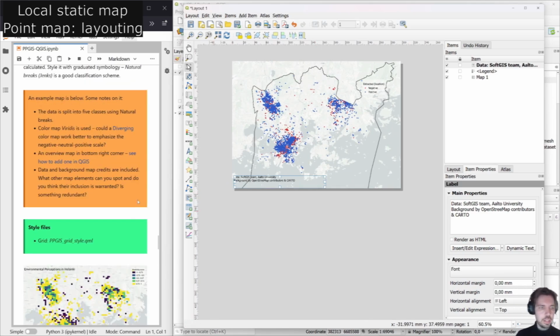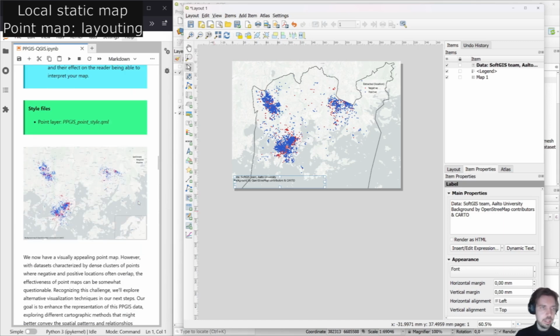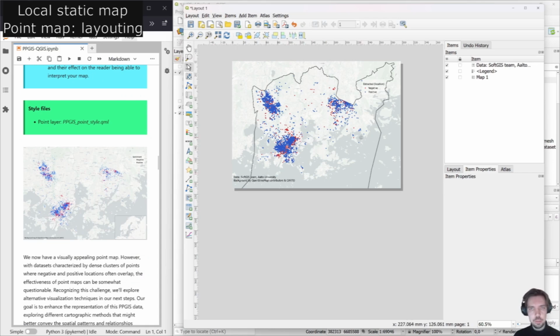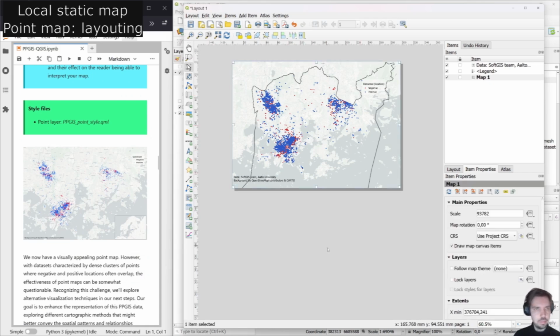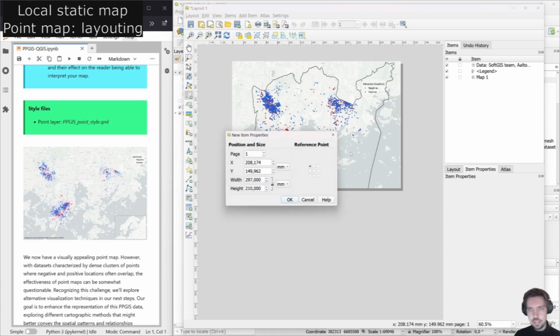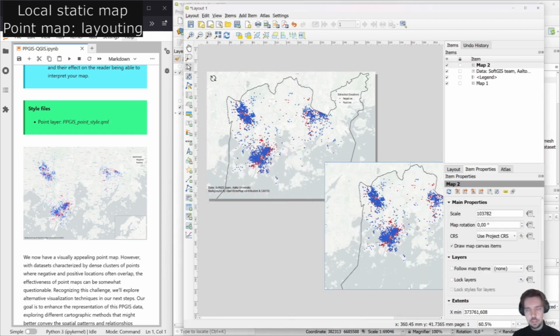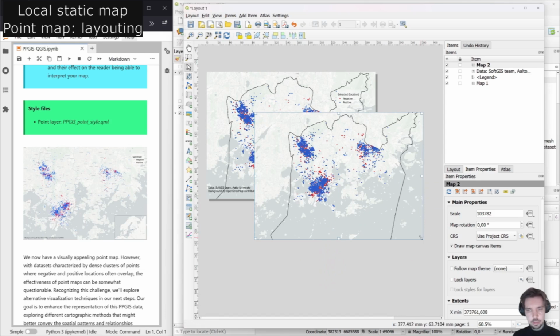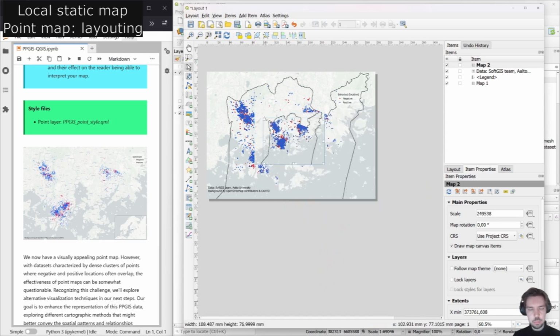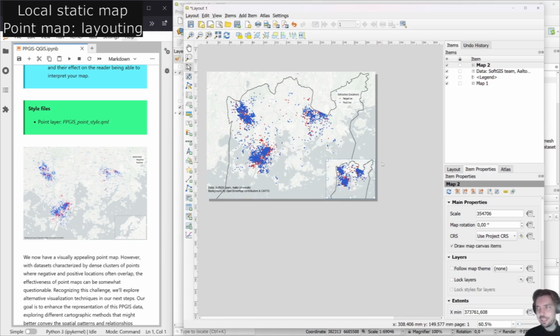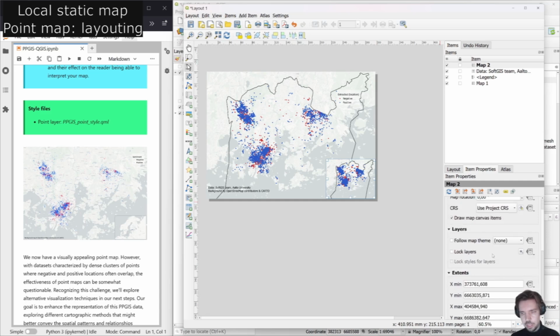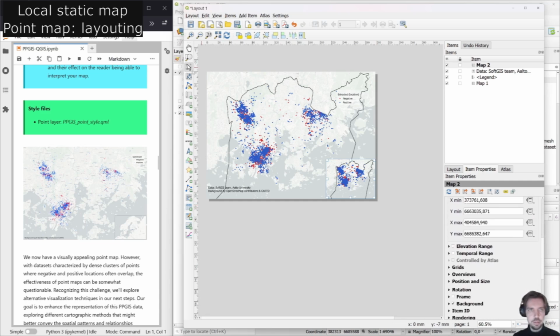Of course, a good thing to add here perhaps would be a title that explains where in Helsinki. But I'll show you actually how we can add another sort of inset map that explains also spatially where we are. So we use this dead space here in the lower right corner to our advantage. So we add a new floating map here, and then